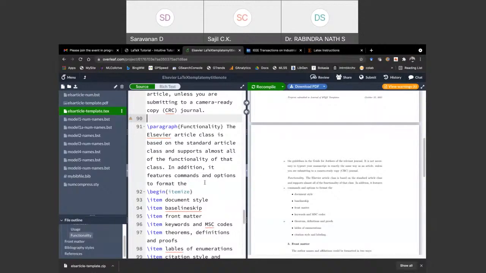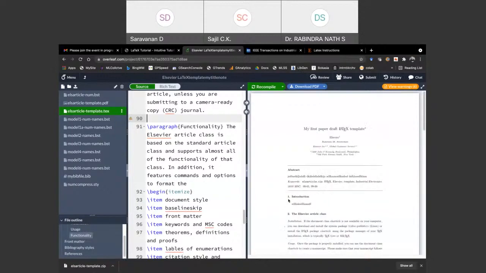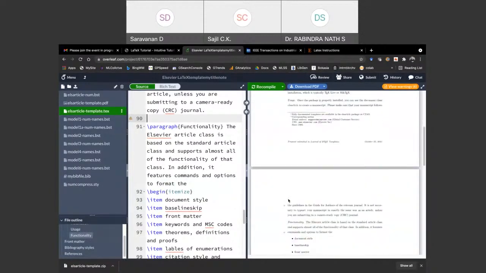If they have any special usage, like the separator I have shown for the keywords, they will show you how to do that within the document itself. And there will be one documentation which actually documents every use case and every parameter we can change. By referring to that also, you can figure it out.